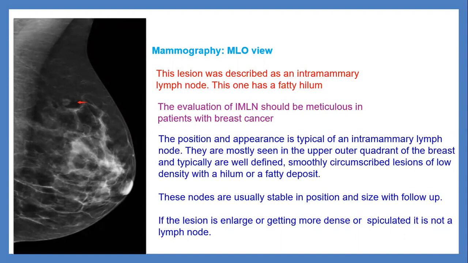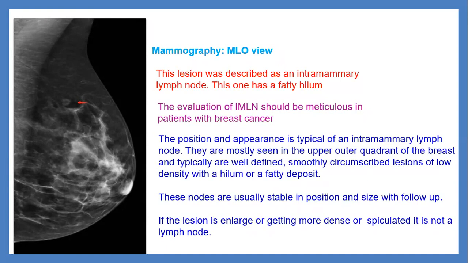Okay, they are mostly seen in the upper outer quadrant of the breast, an atypical, well-defined, smoothly circumscribed lesion, low density within the hilum, small. If on follow-up this lesion demonstrates subtle enlargement, or any changing characters, you have to consider it in a patient having a history of ipsilateral or even contralateral breast cancer. So in spite of being typical,